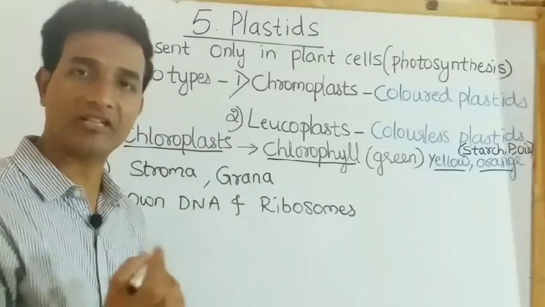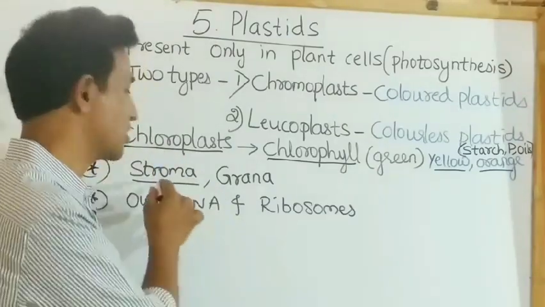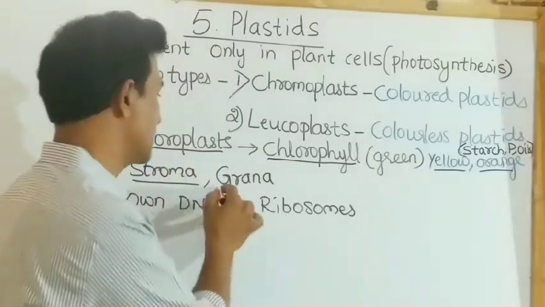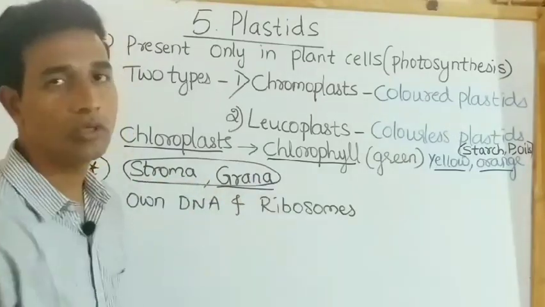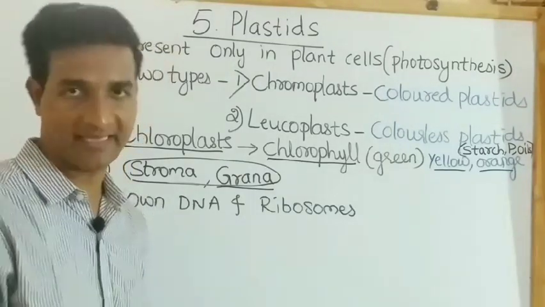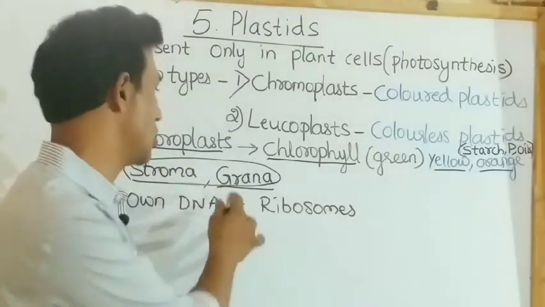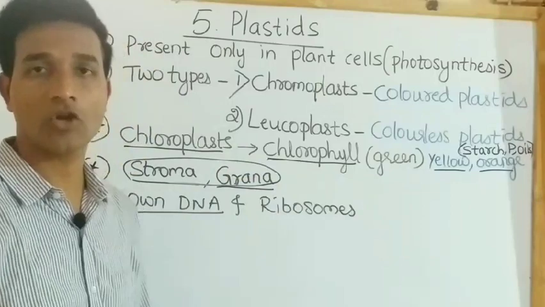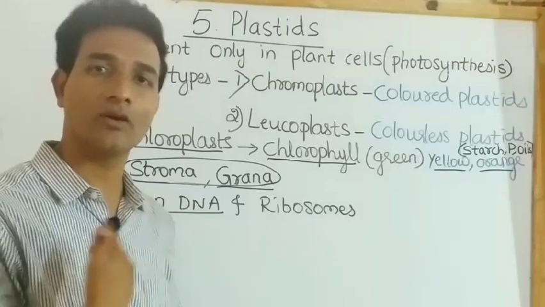When you observe the structure of the chloroplast, it contains a cytoplasm-like structure called stroma, where there are membrane-bound structures present. They are called grana. And this chloroplast is also a two-membrane structure, that is, the outer plastidial membrane and the inner plastidial membrane. Inside you can find the stroma, and there are plate-like structures called grana. Like mitochondria, the chloroplast also has its own DNA as well as ribosomes, which help to synthesize their own materials.